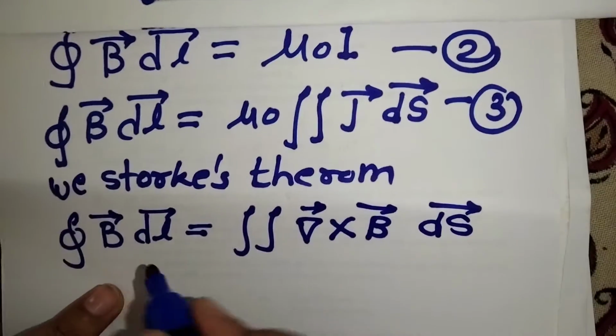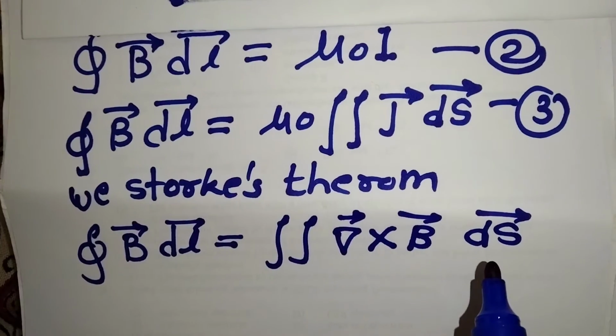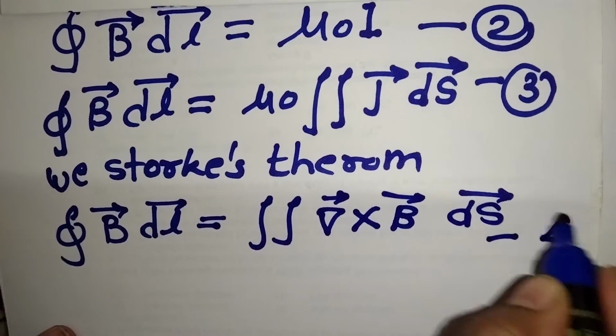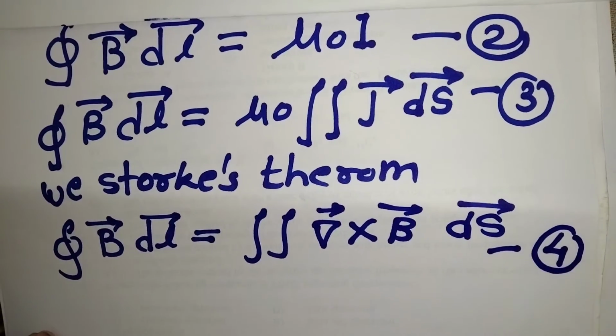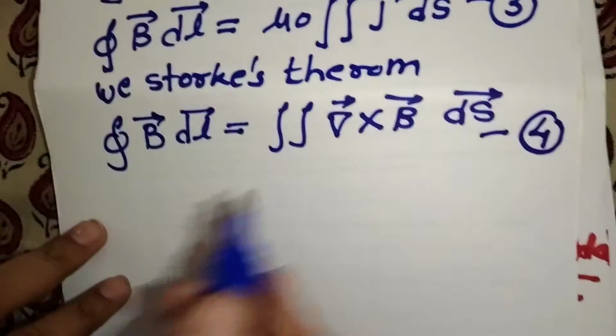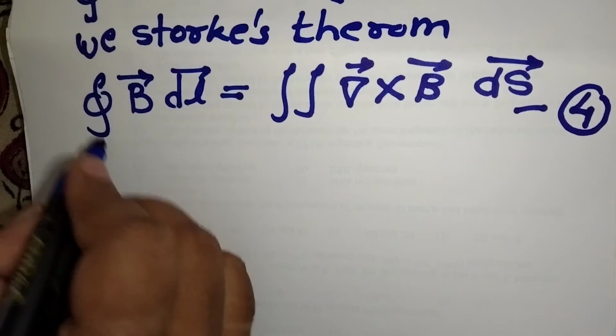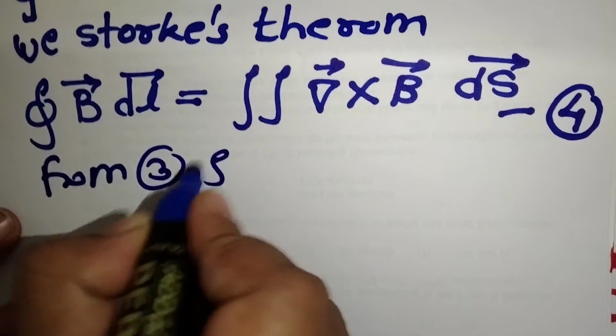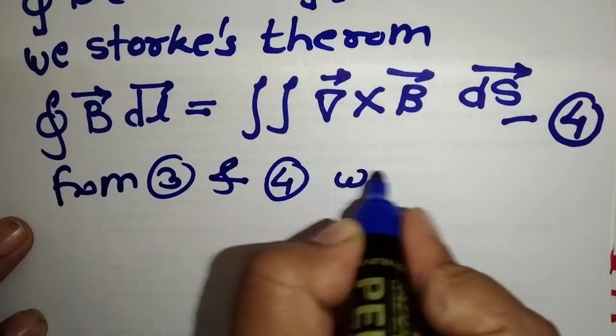The line integral is converted into a surface integral. It is the Stokes theorem. It can be written as 4. Putting the values in 3, we get from 3 and 4